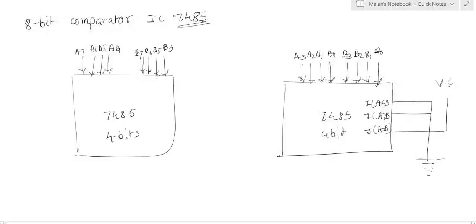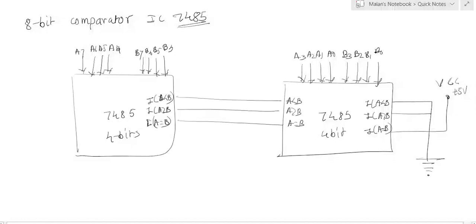Now the cascading inputs of the next 7485, the second 7485, that is A less than B, A greater than B and the cascading input A equal to B, are connected to the outputs generated by the first 7485. Now the outputs generated are A less than B, A greater than B and A equal to B. Clear?